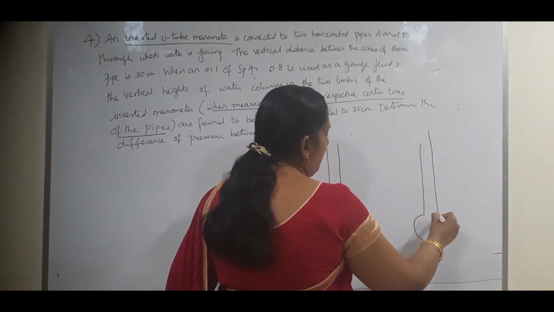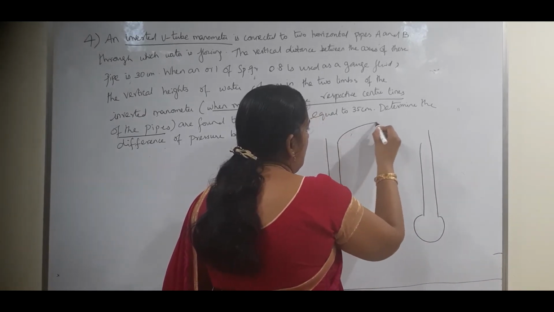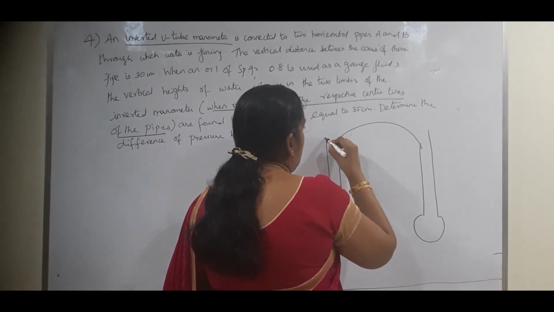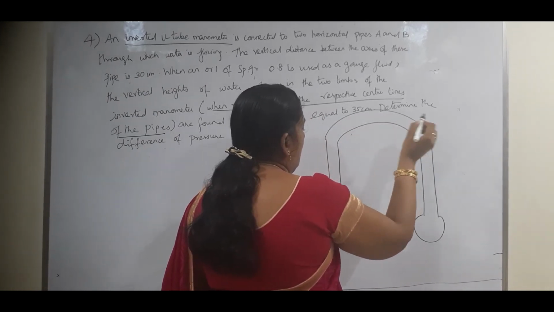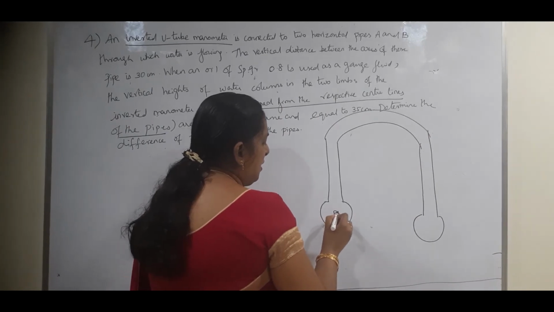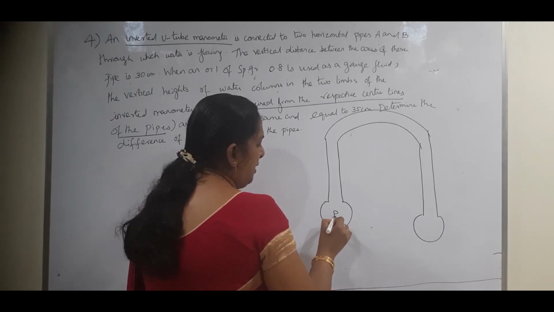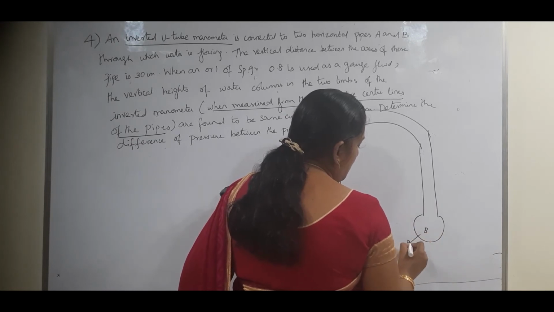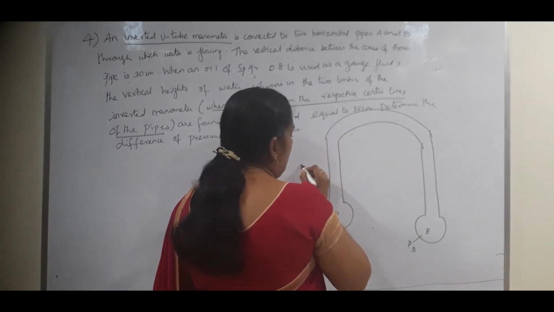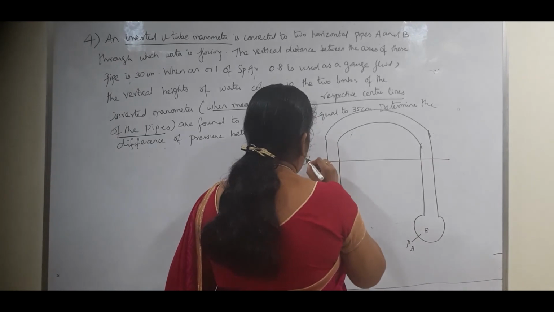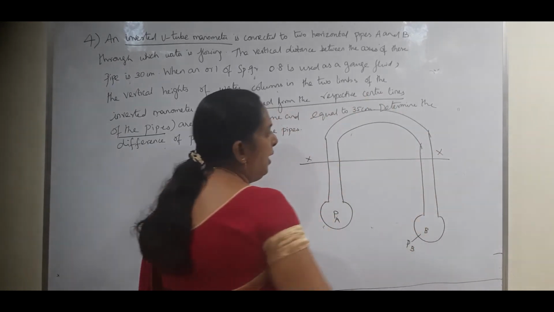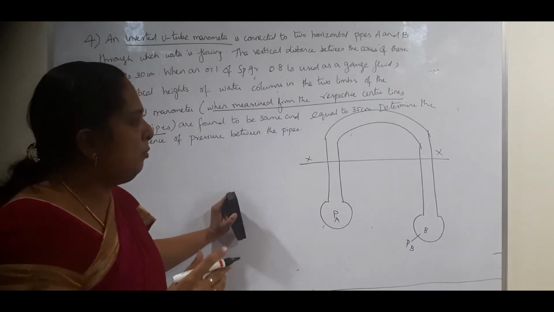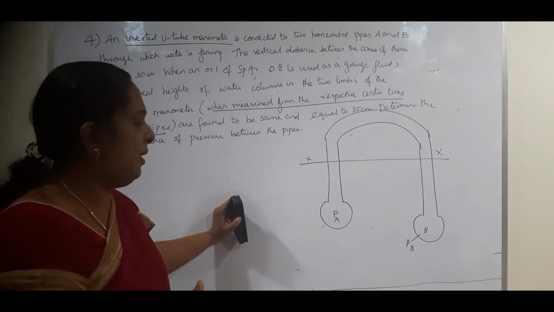So first we will try to draw the picture. So this is your inverted U tube manometer. So this is a point A, that is your pressure at A, and this is your point B, which is your pressure at B. So inverted manometer means automatically you will be drawing it like this. Now our problem is how to draw with this liquid and how to draw the level.